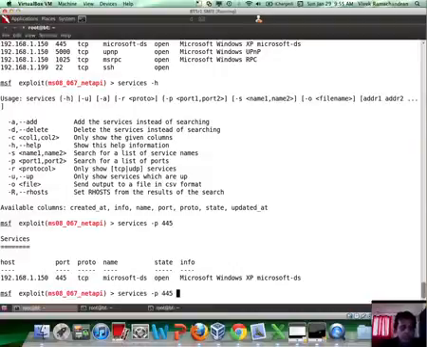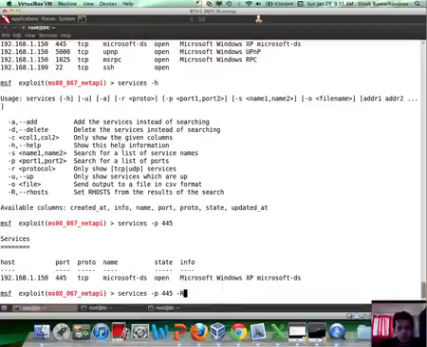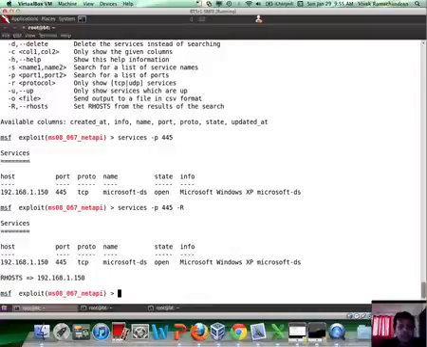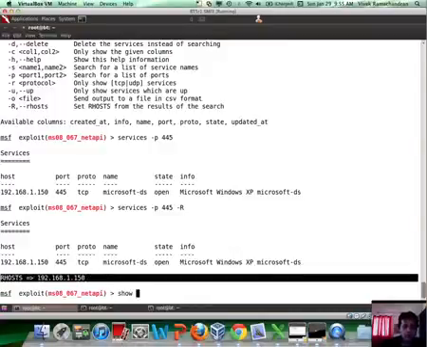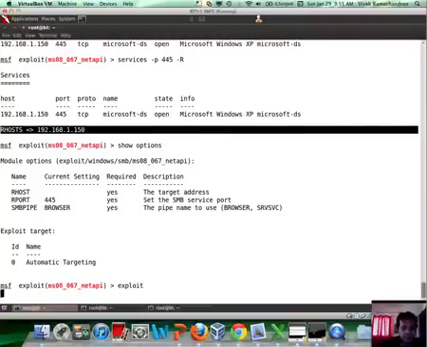To do that, what I do is I go ahead and add an extra option, which is -r. Now, the moment you do that, the output IP addresses are automatically fed inside our hosts, which is what you can see right now. Now, if I do a show options for this module, you would actually notice that our hosts has been set. If we hit exploit,